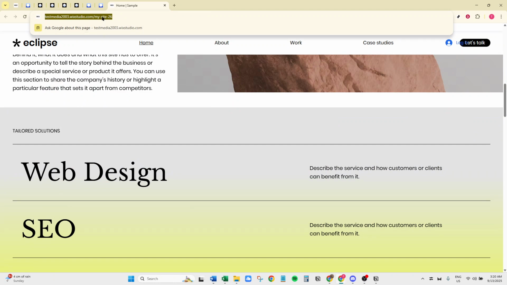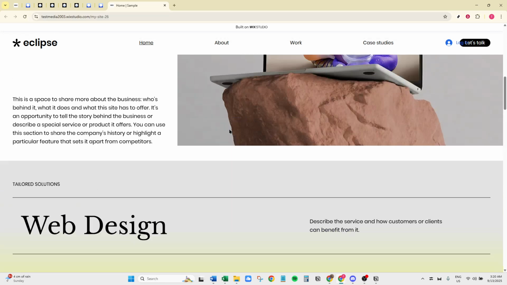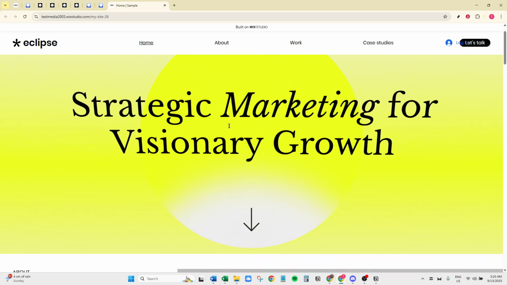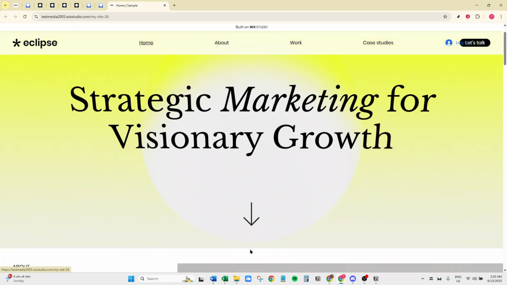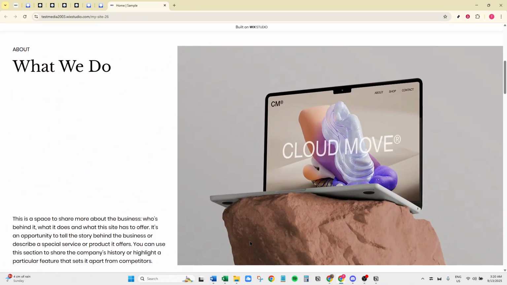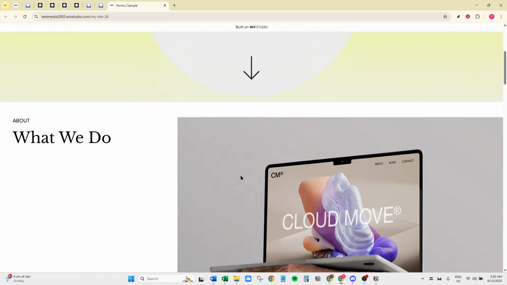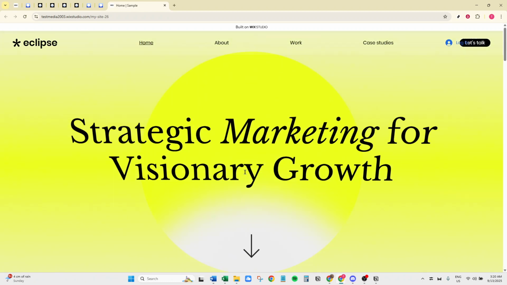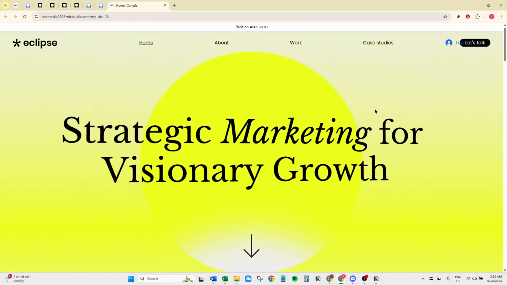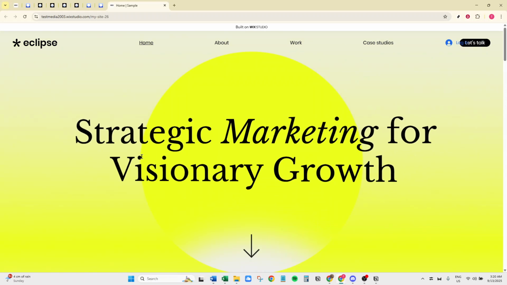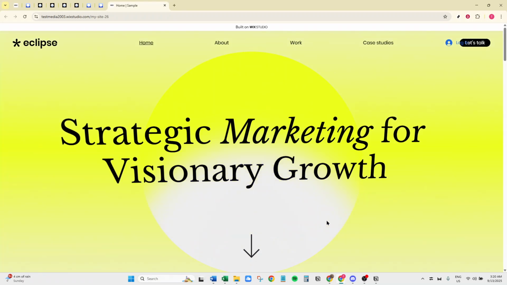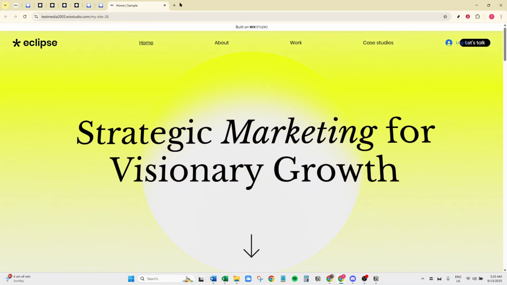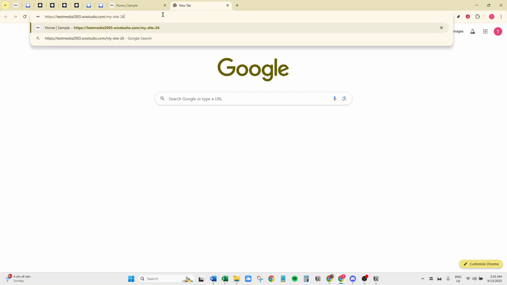With the URL copied, you can now paste it anywhere you want to share your site. Perhaps you want to send it via email, post it on social media, or even include it in a digital resume. Simply navigate to the platform or medium where you want to share your link, click to set the cursor in the body of your message or post, and right-click to select Paste. Keyboard shortcuts such as Ctrl+V on Windows or Command+V on Mac can also accomplish this. Now your website link is shared, accessible to anyone you choose.